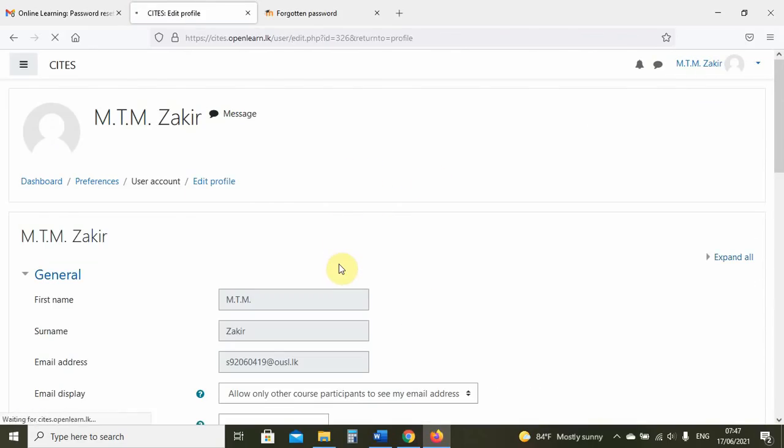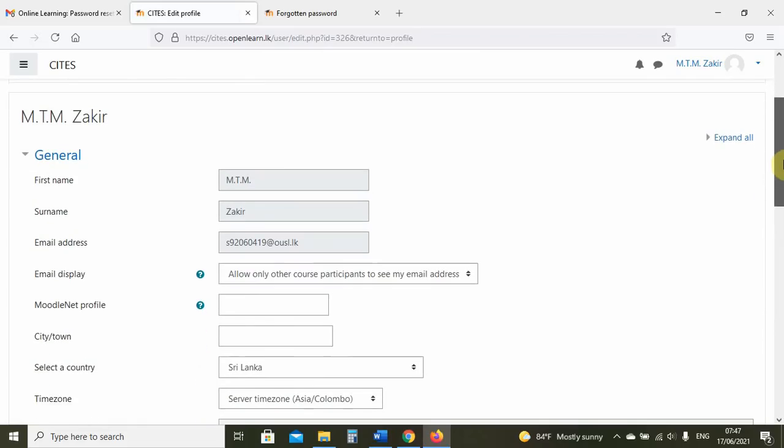Click on profile and click on edit profile. You will have this section here. Your name and your email address cannot be changed by you. This is because we have to keep track of you by the name that you have given to our registration section. That is your official name when you are at the Open University, and we cannot give you your marks and your certificate properly if we lose track of who you are.